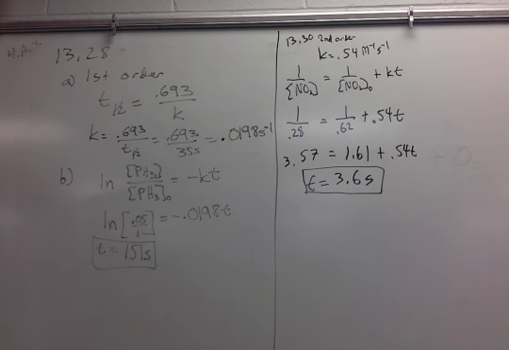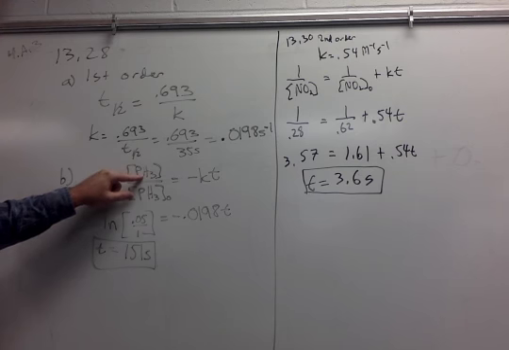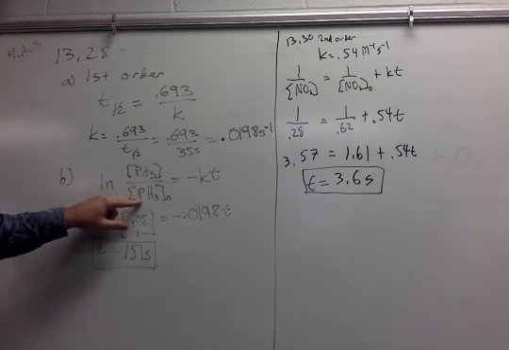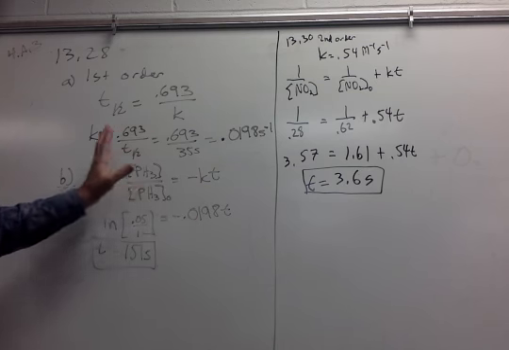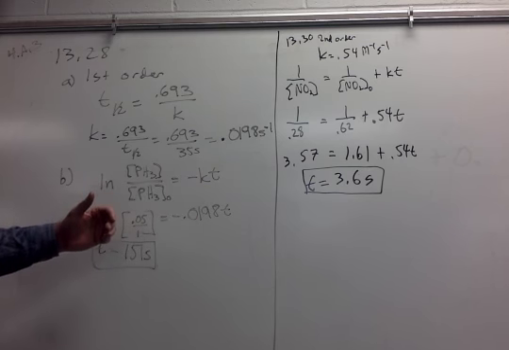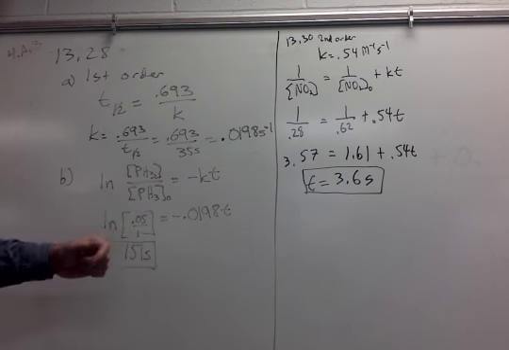For that, we're going to use the integrated rate law. The form of the integrated rate law I chose to use was the natural log of the concentration of the phosphine over the original concentration of the phosphine should equal negative kt. Any form would have worked, but I thought this one was easier because if it's 95%